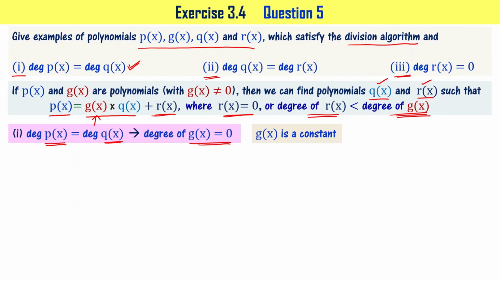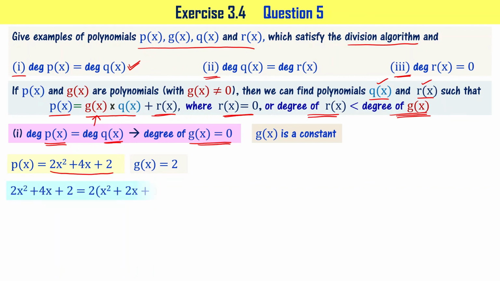Now let's write polynomials that satisfy this requirement. The polynomial I can think of is p of x equal to 2x square plus 4x plus 2, right? And I'm saying the constant g of x equal to 2. This particular polynomial p of x equal to 2x square plus 4x plus 2 can be written as 2 times x square plus 2x plus 1, right? Here I have taken 2 as the common factor out. Now let's write